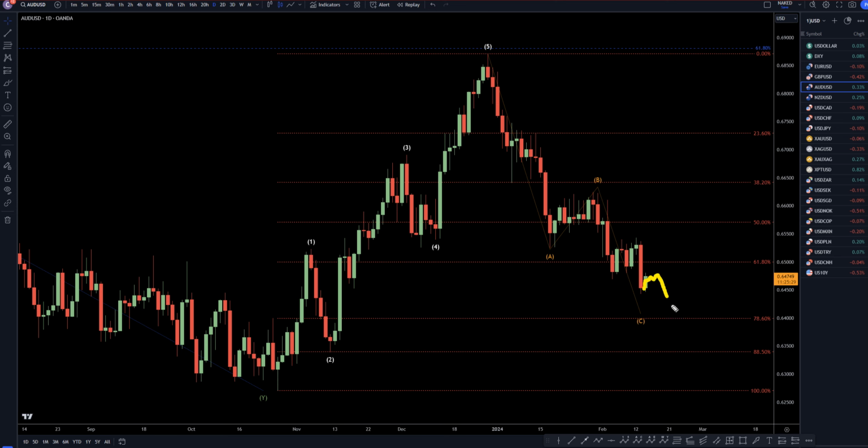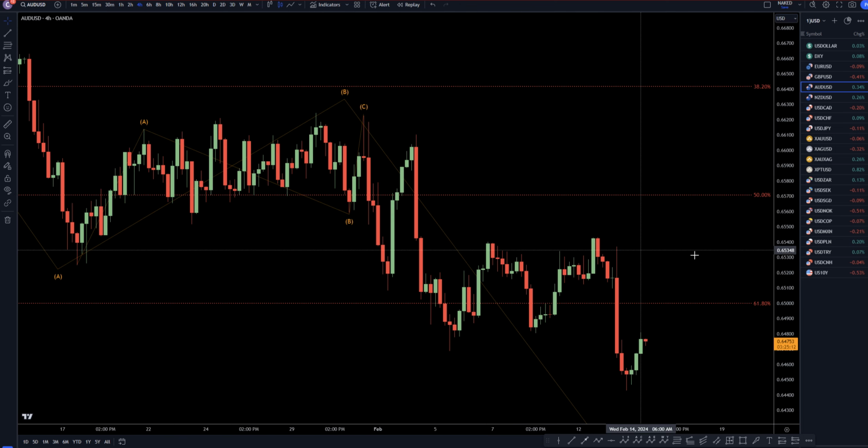At this point, it kind of seems pretty likely that it'll at least go down to the 78.6, and then if it goes up and breaks structure at the 78.6, then that's what's going to turn me into a buyer. Long story short, until I see a nice reason to start looking for longs on this daily time frame and up, I personally am going to continue to look for shorts on shorter time frames.